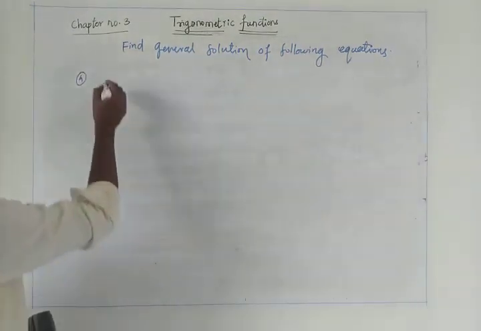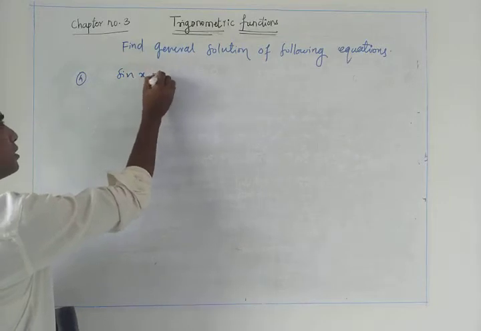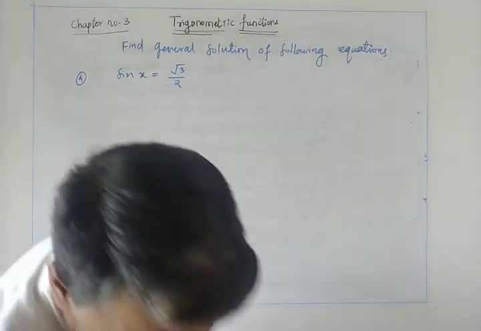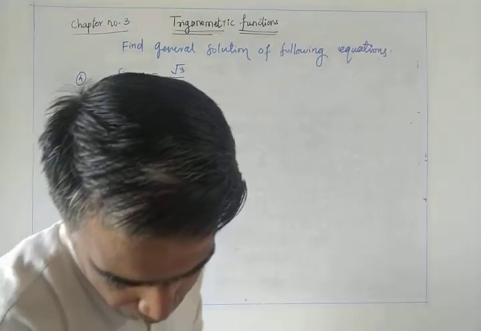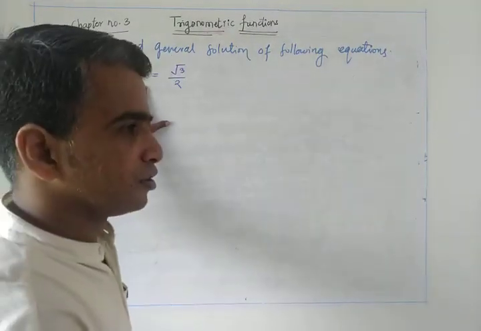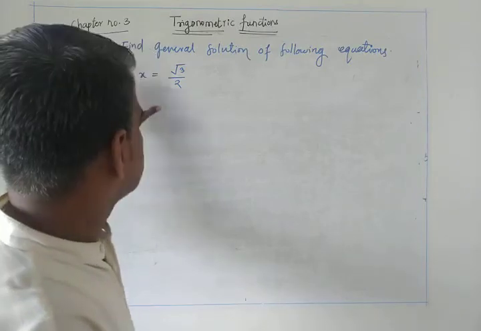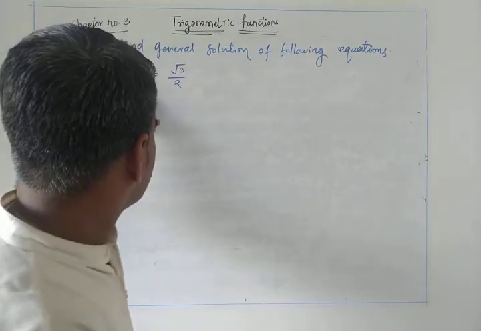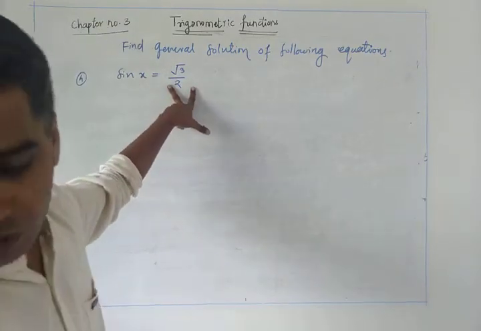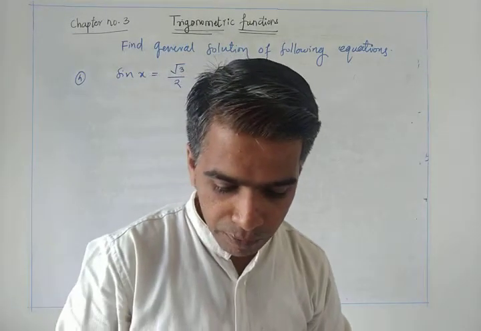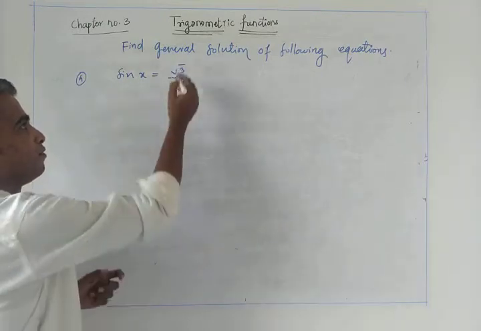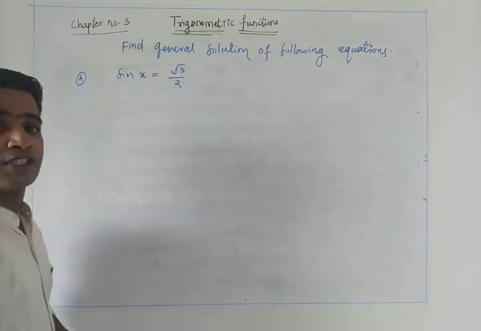Next question with that sine formula. So sine x is equal to root 3 by 2. Now sine x is equal to root 3 by 2. We have to understand first which is the value. So the given function is in terms of sine function. For sine functions we already have the formula, sine theta is equal to sine alpha. But in that case, here only the left hand side is a sine function, the right hand side is still not a sine function. So we have to convert that in terms of sine function. Now root 3 by 2, the value you will get for angle sine 60 degree.